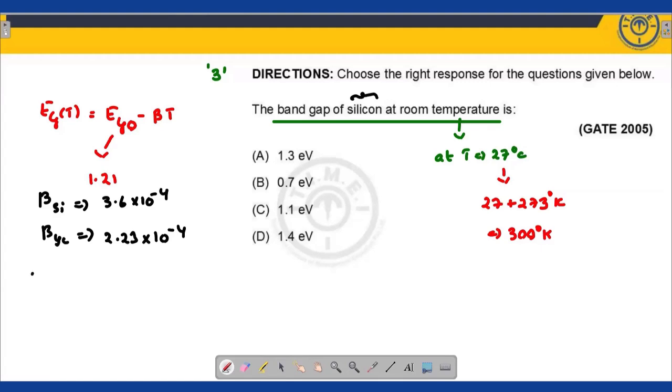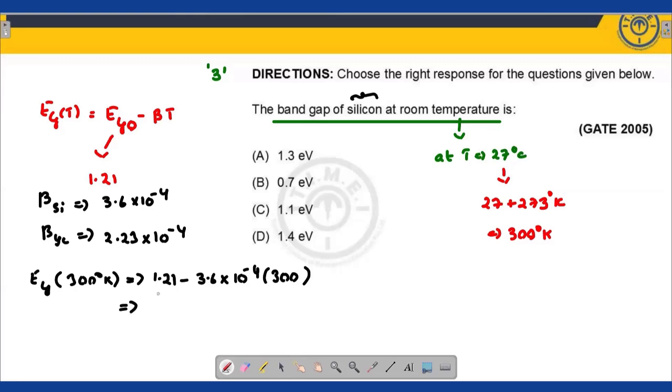My dear friends, now substitute the energy gap at room temperature, 300 degree Kelvin. If I use this particular value, 300 degree Kelvin, then the value will be equal to, substituting beta value, 1.21 minus, for silicon, the beta value as usual is 3.6 into 10 power minus 4, and temperature 300 degree Kelvin. After doing this, my dear friends, pretty important, you are getting the value